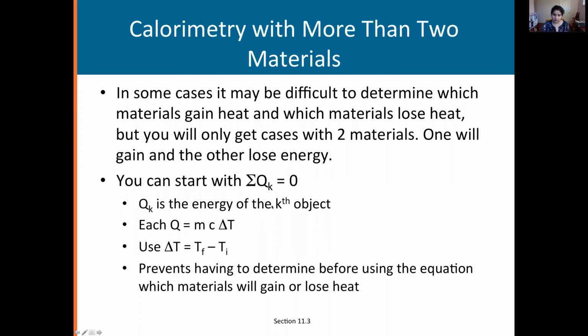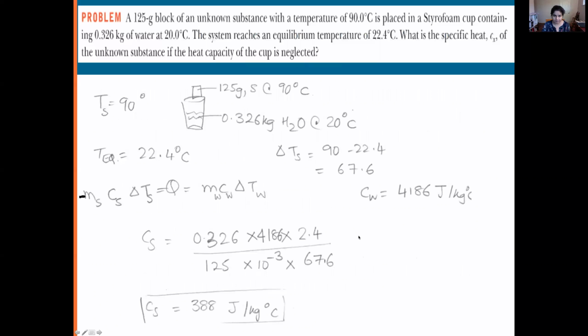If you have more than two materials, then sometimes it's hard to know which material lost energy and which ones gained, right? But you can always apply this formula, provided you are consistent in using Q equals MC delta T, where delta T is always TF minus TI. Then the sign of this term, delta T, will help determine whether an object gains energy or loses energy. But in your particular case, you'll only ever get two materials in this course. Therefore, you don't have to be very careful with this. But if you had more, you would always have to be careful about the signs. Okay, so